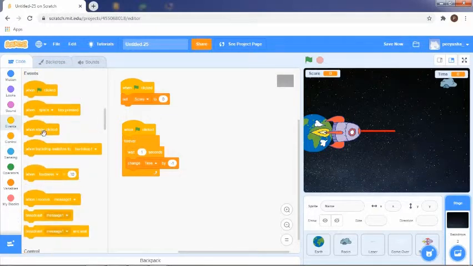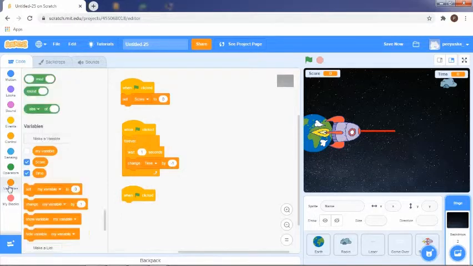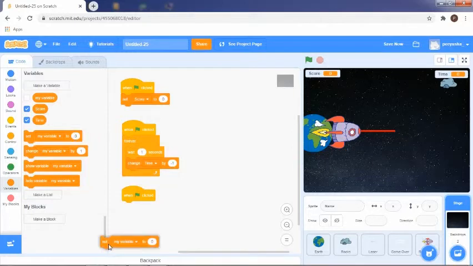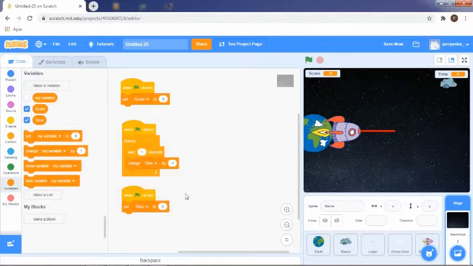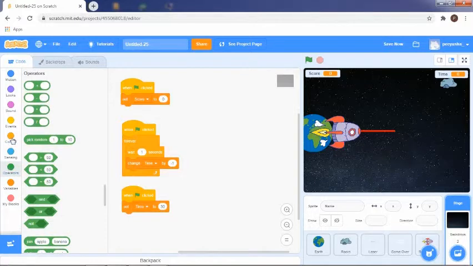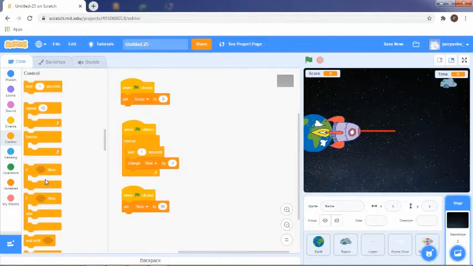So let's go to events again, drag and drop when the green flag is clicked, and when the green flag is clicked, then set my variable which is time to 30. So as I told, this time the timer is going to run in a decreasing fashion, which is 30, 29, 28, like that. And it's supposed to wait until, I'm sorry, go to the control and drag and drop